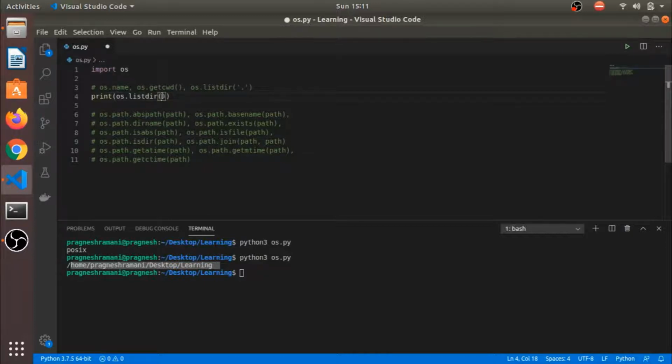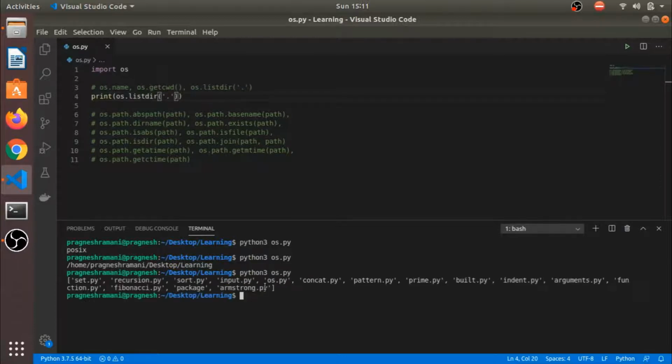If I want to get how many directories or files are available in the current directory, I put a dot as the argument, or you can put any path as an argument, and check how many files and directories are available. In my current directory there are this many files, and a directory is also available, which is also returned from listdir. If I use a double dot, it will return the parent directory's contents, how many files and directories are available in the parent. That is basically a learning folder. So this is how you can check the directories and files